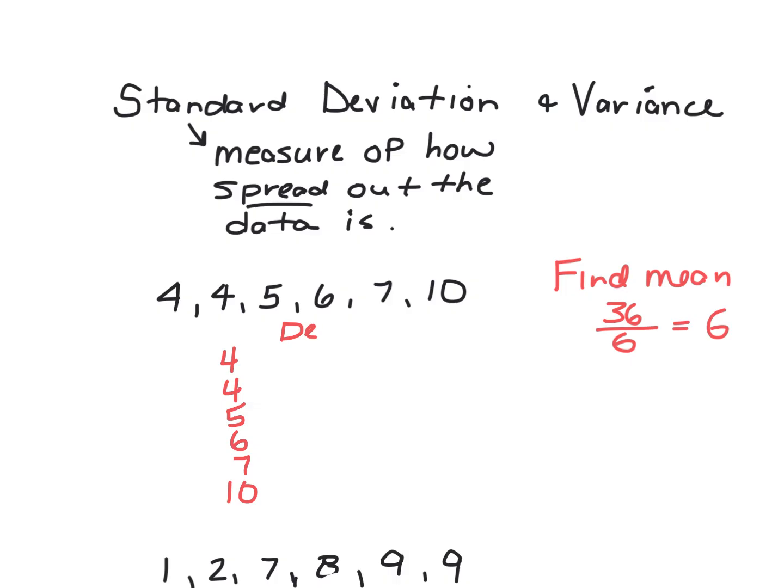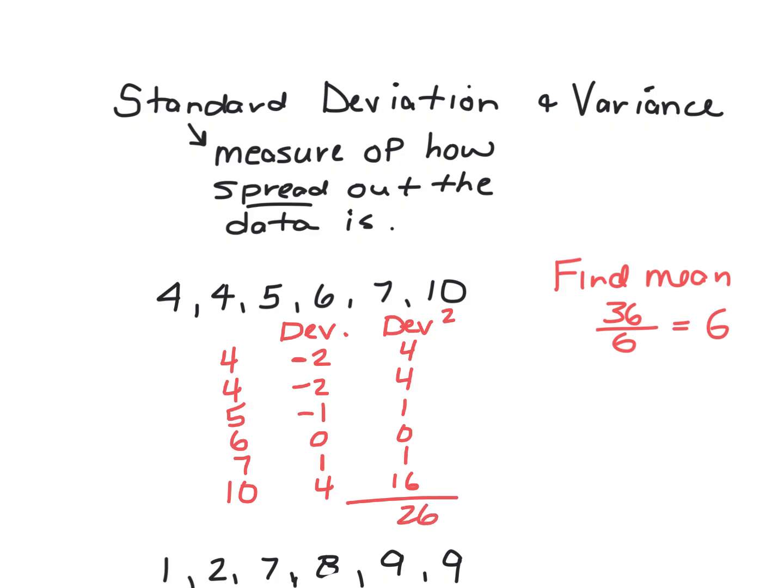My second column is going to be the deviation from the mean. So 4 is 2 less than the mean. That deviation would be -2. This 4 would be -2, 5 would be -1. 6 would be 0 because it is the mean. 7 would be a +1, and 10 would be a +4. And then my third column, I'm going to square all these, which makes them all positive. I'm going to add up this third column, which gives me